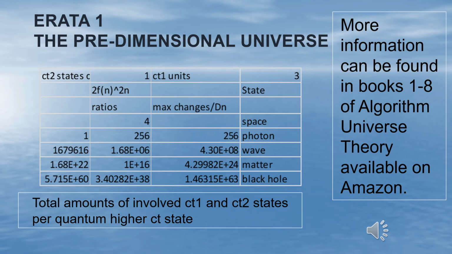Before AUT, space has been something of a mystery, but there were certain observations early on in space that proved to be largely more important than subsequent science would indicate. The idea that space is filled with ether, for example, was discounted based on experiments which are explained in books 7 and 8 of algorithm universe theory to be flawed given the true nature of the universe. Instead, space has been defined also with partial accuracy as being the potential for various features.